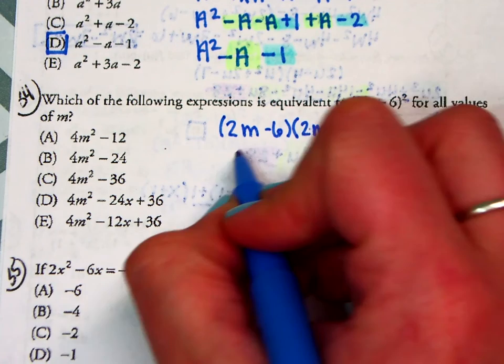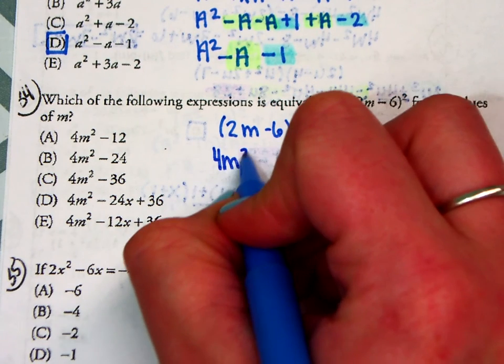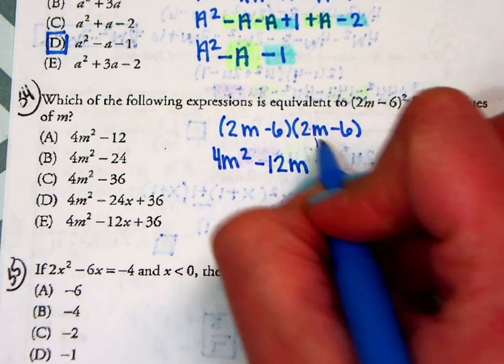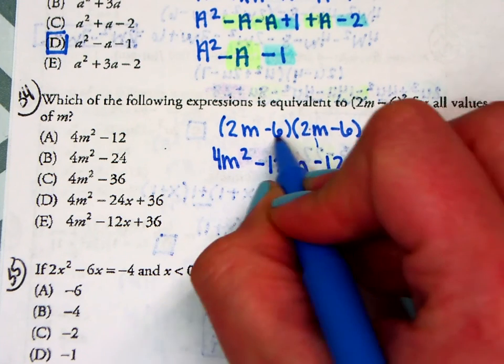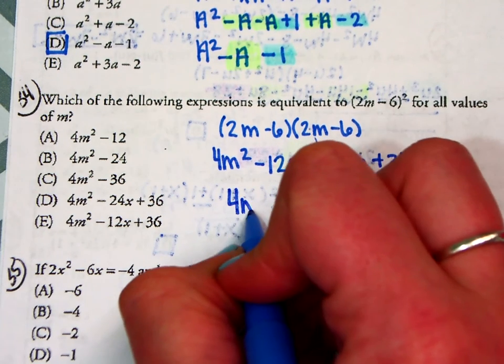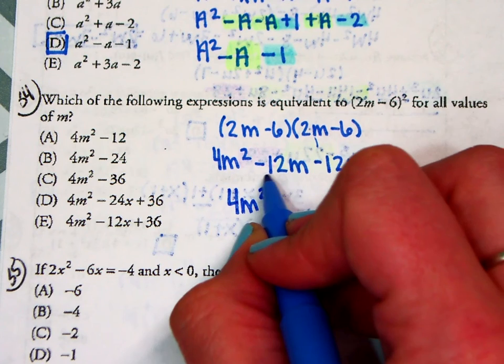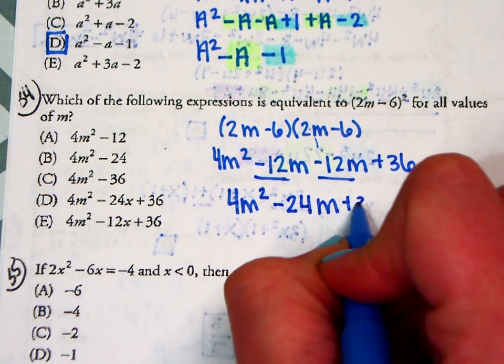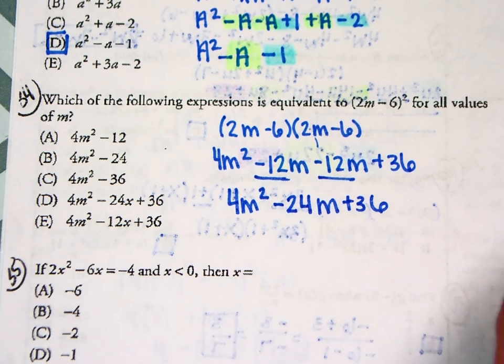So 2m times 2m is 4m squared. 2m times negative 6 is negative 12m. Repeat again, negative 12m. Negative 6 times negative 6 is positive 36. So this will simplify to negative 12 plus negative 12, which will be negative 24m plus 36, which is option,